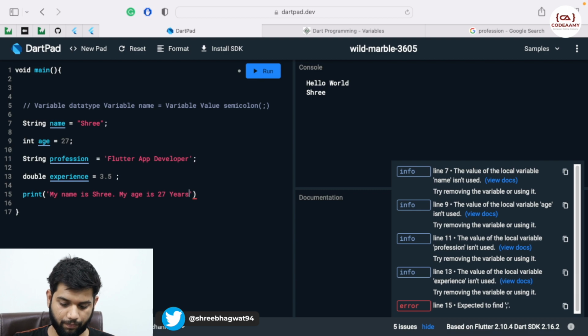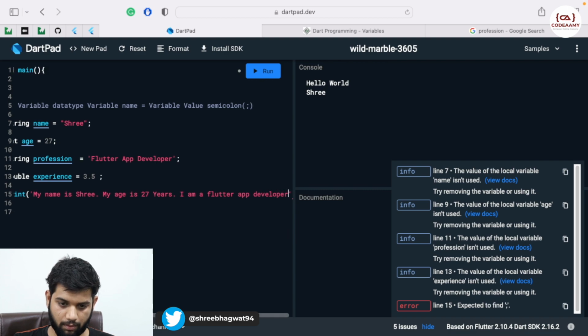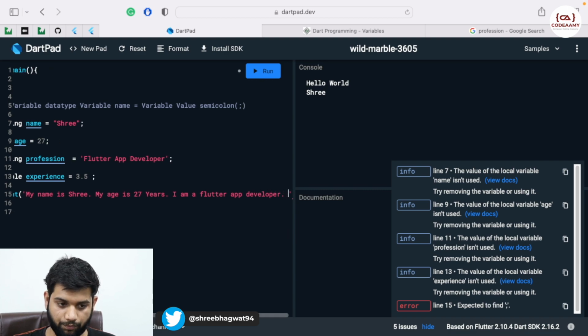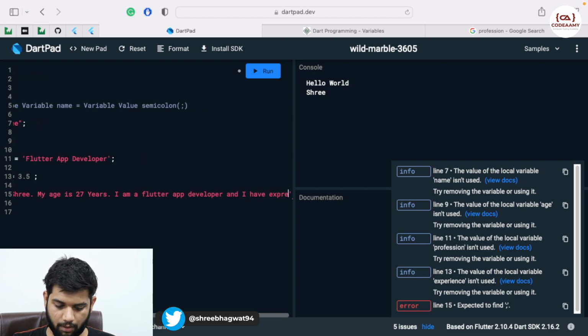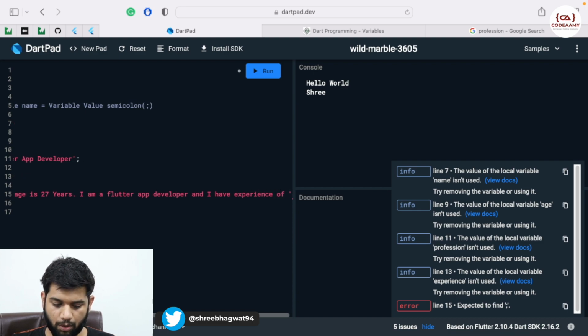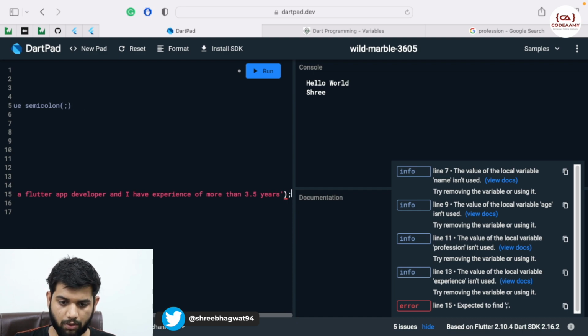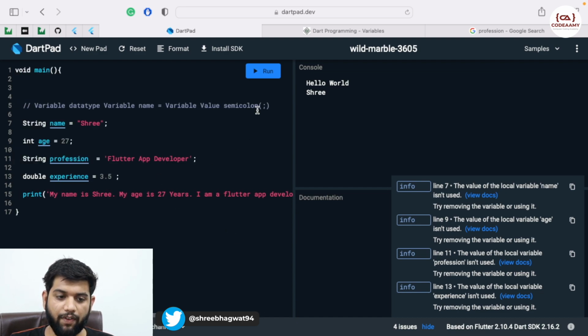Okay, I am a Flutter app developer, and I have experience of more than 3.5 years. So this is what I have written in a text, and if I'll hit run over here, this all will be printed.